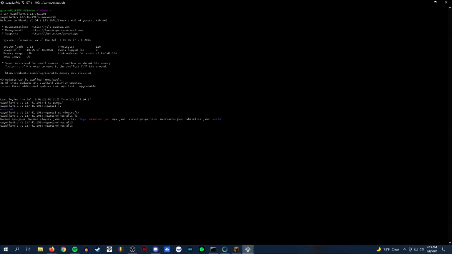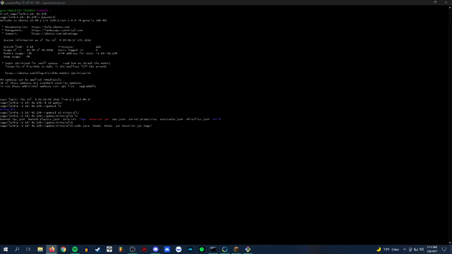That's if you want to get more into the nitty gritty of what the EULA looks like. It's just the simple one line from what I remember. Now that that's over with, you can run the sudo java command with the name of your server here. Now, I'm going to go ahead and stop now